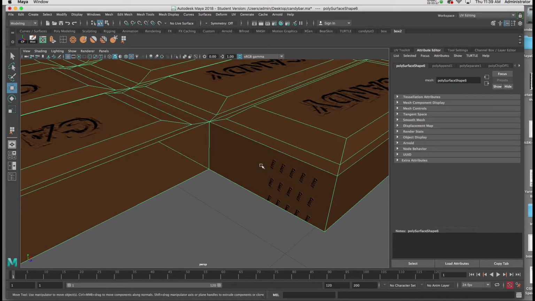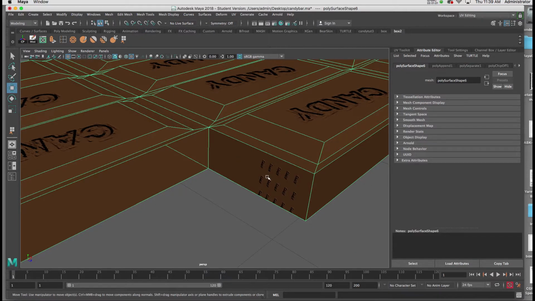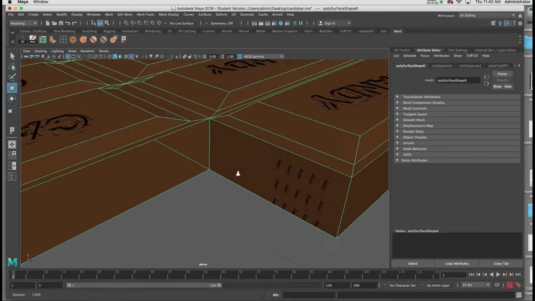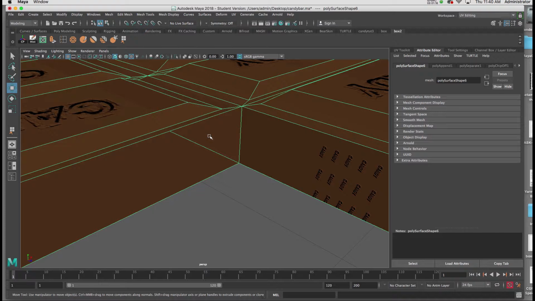Now you'll notice that when you introduce the new polygon face after the fact that something's been texture mapped, it applies the entire texture to that one little section. That's something we'll deal with once we've fixed our geometry. I'll hit G on the keyboard, or I'll click on the Append tool once again, and I'll go from here